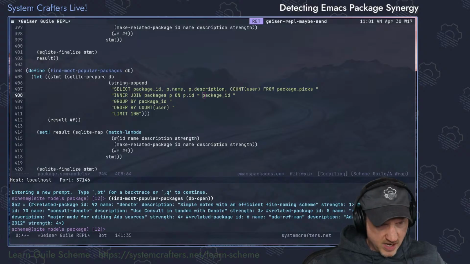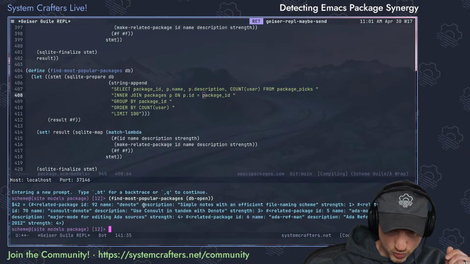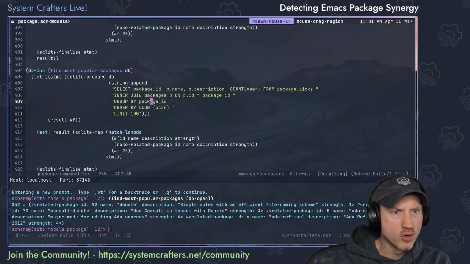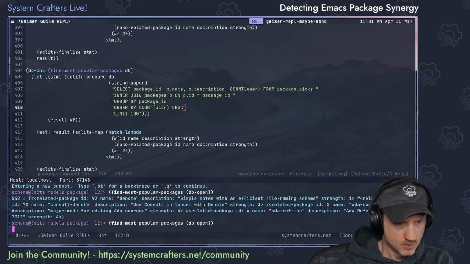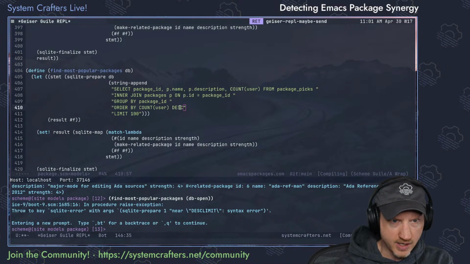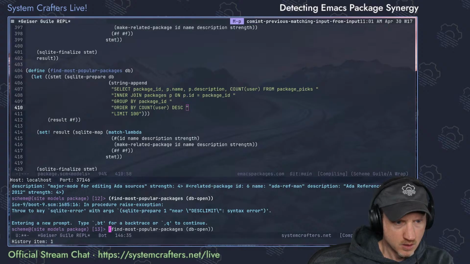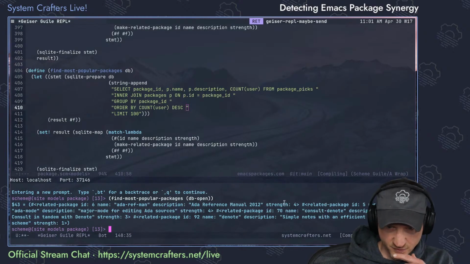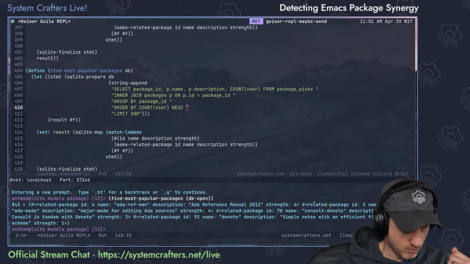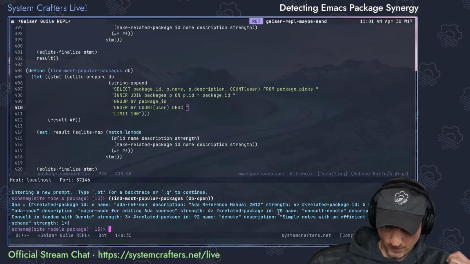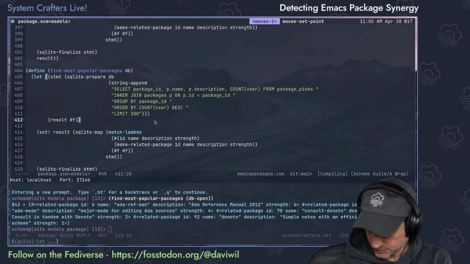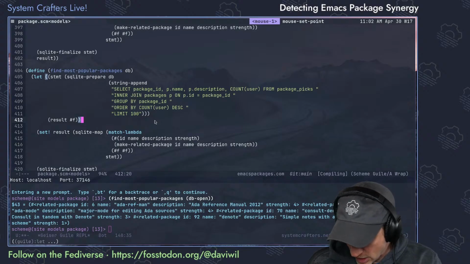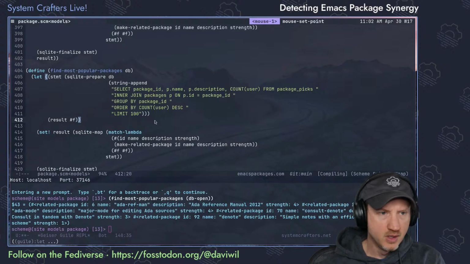All right, so we've got, first of all, package number 92. Oh, order descending. And I need a space here. There we go. Ada refman has 4. Ada mode has 4. Console denote has 3. Denote has 1. Okay, so we have a listing of the top packages. That would be pretty easy to now make into an interface, I believe. So